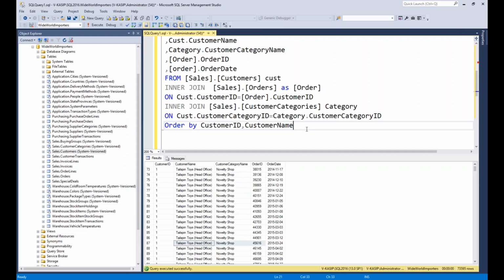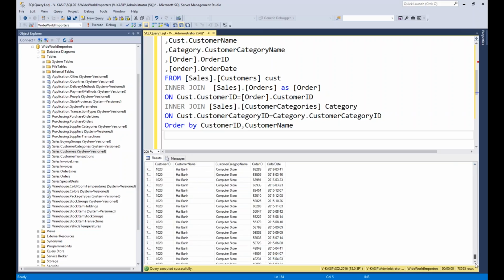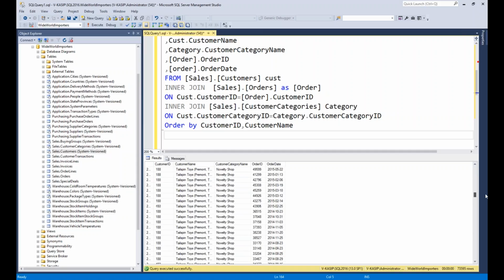The next thing is, if you see the order date, I have all the data for 2014, 15, 13, 16, right? I want to get only the orders which are made in 2013.